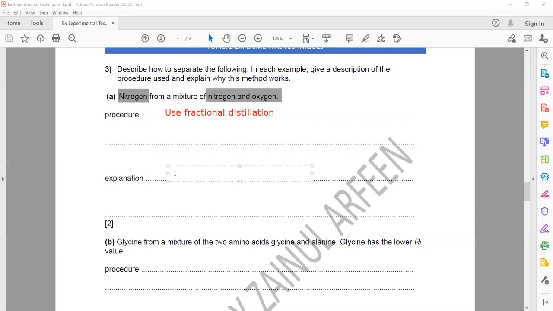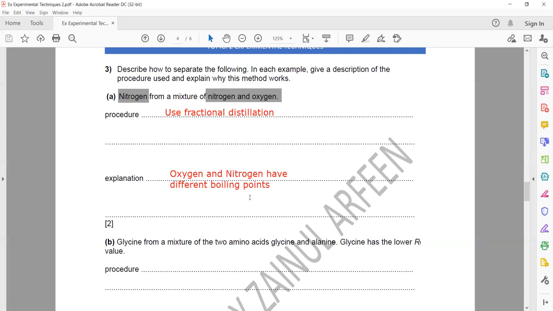Because oxygen and nitrogen have different boiling points. So as oxygen and nitrogen have different boiling points, we can separate them